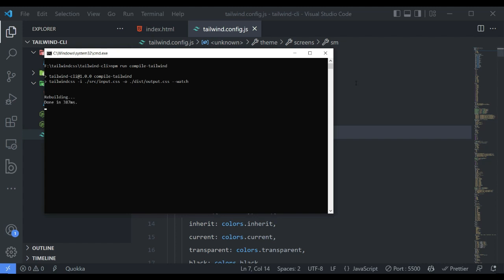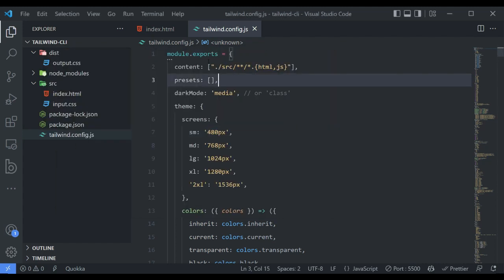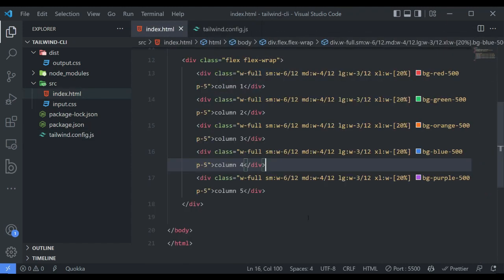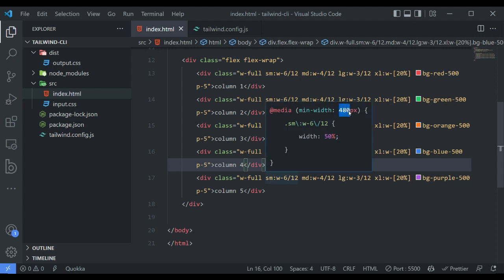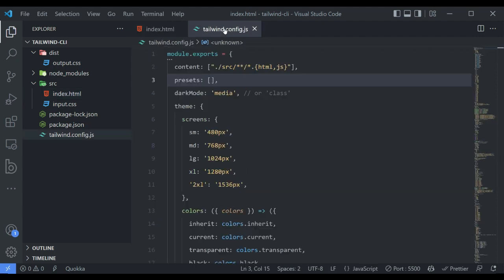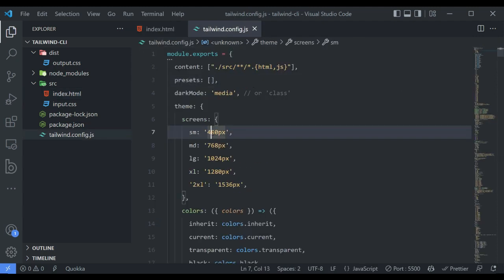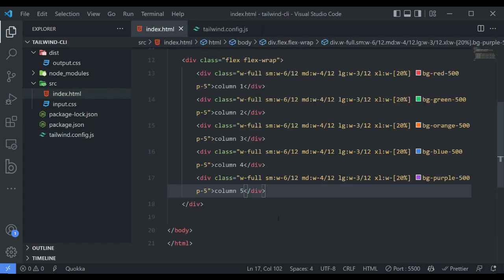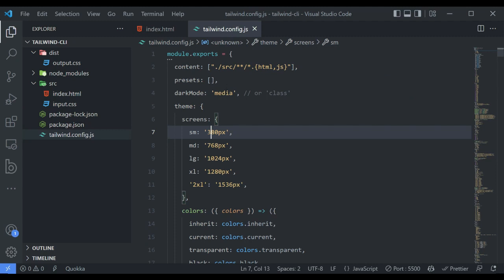Okay, now if I go to index.html and if I hover on this class, as you can see we have this breakpoint 480 pixels. And if I add here 380, go back to index.html, just hover, as you can see we have 380 pixels. Okay, but let me add here